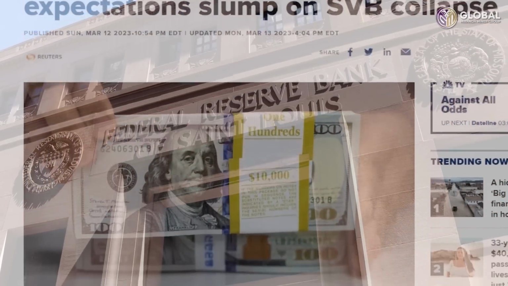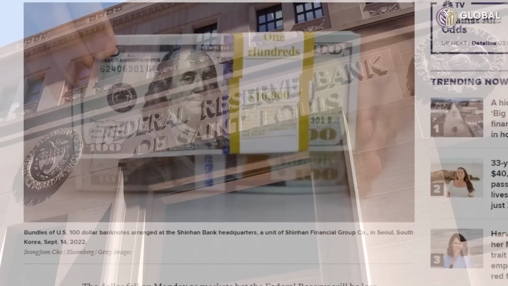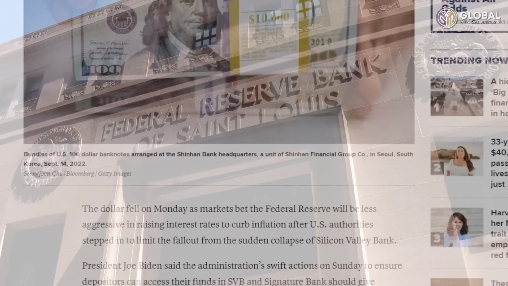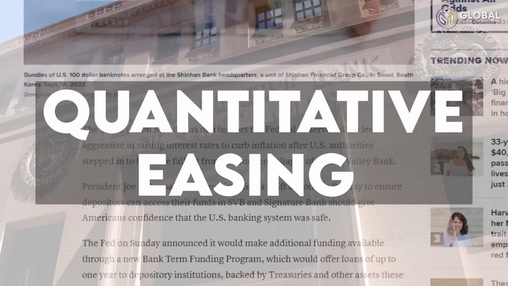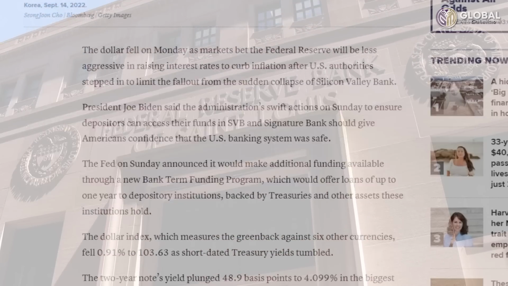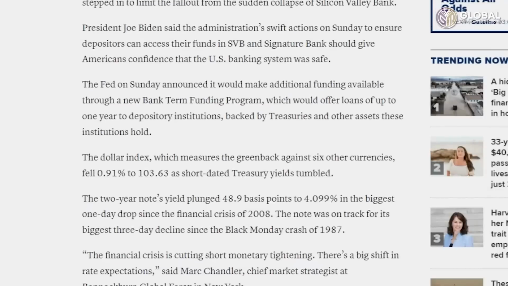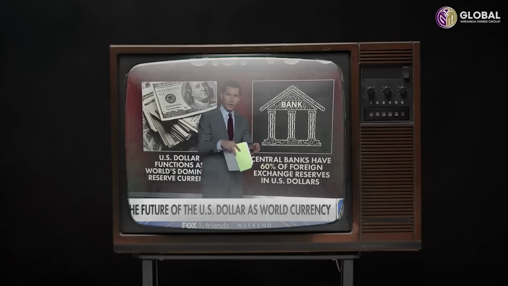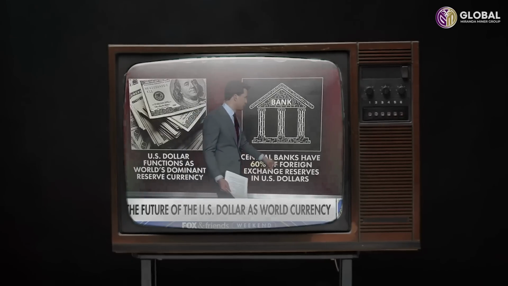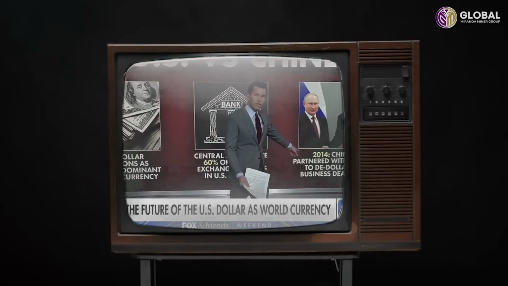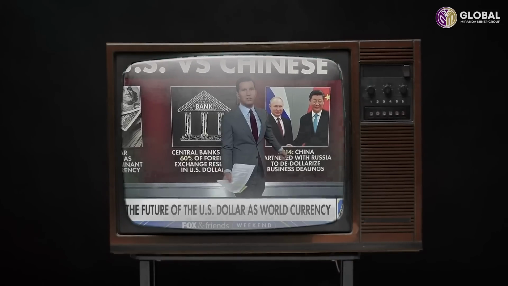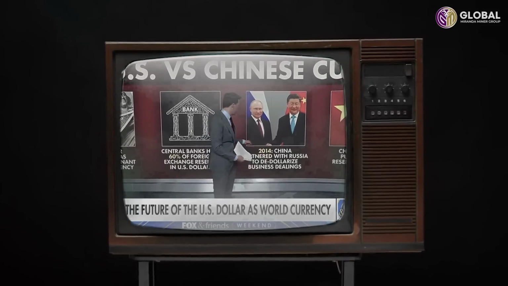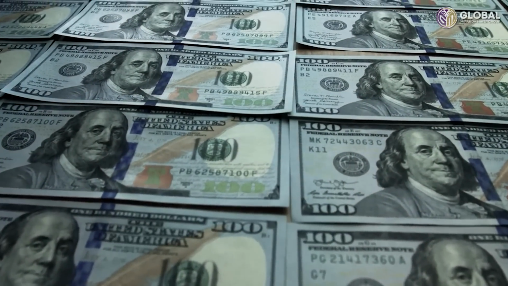For example, kapag ibinaba ng Fed ang interest rates, nag-i-implement sila ng tinatawag natin quantitative easing, na sa madaling salita sila ay nagpe-purchase ng bonds sa market to hype the economy at sila ay nagpe-print ng pera to be able to drive the economic activity to go higher. However, ang implementasyon nito is actually weakening the dollar. It can actually lead to depreciation.